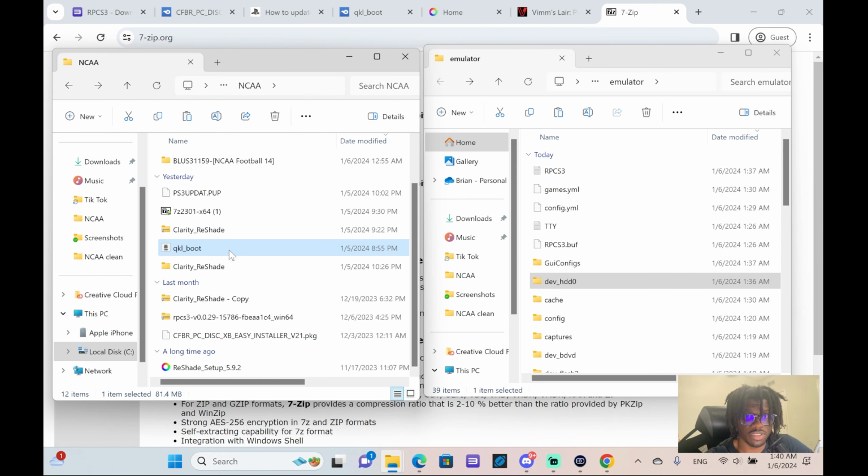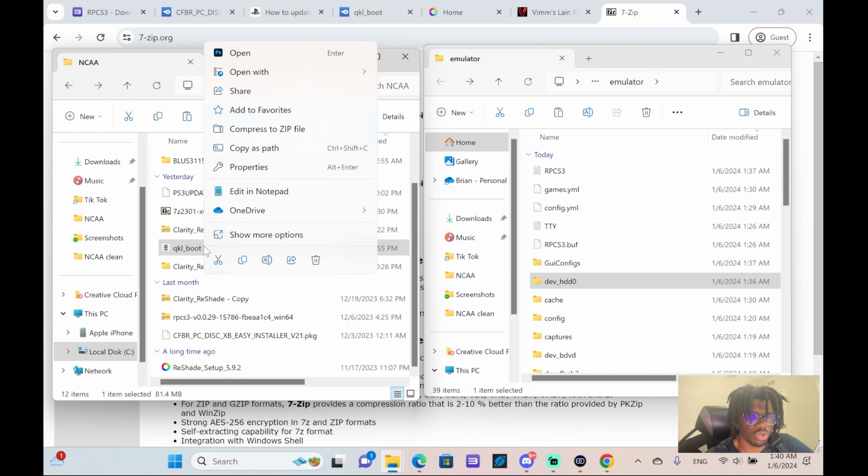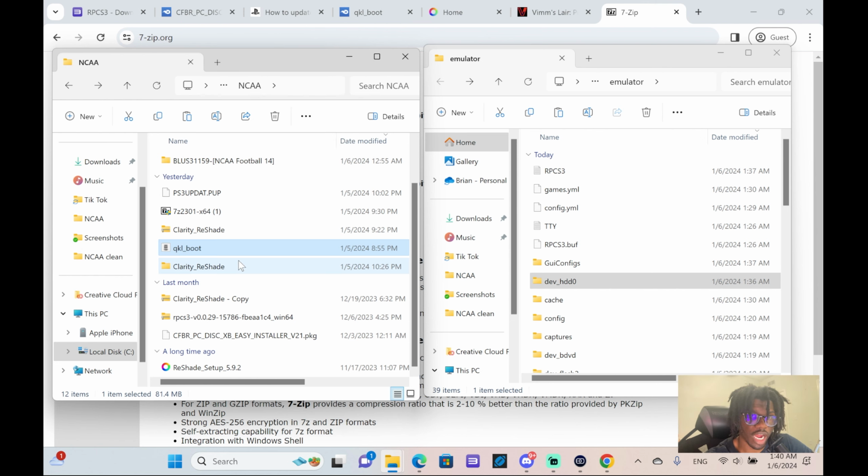add the speed flexes, F7s, helmets and stuff. What you want to do is go to where your downloads are, where you downloaded all the links I gave you. You want to go to QKL_boot. You want to copy it. All right, this is in the regular download folder. Then you want to go back to the emulator folder. You want to go to the folder